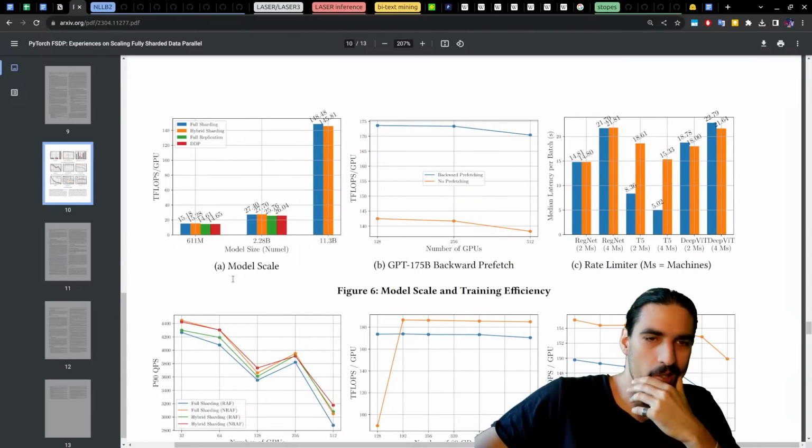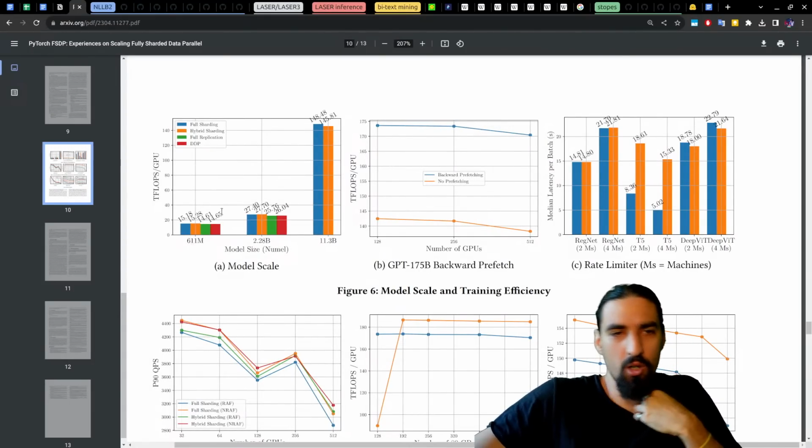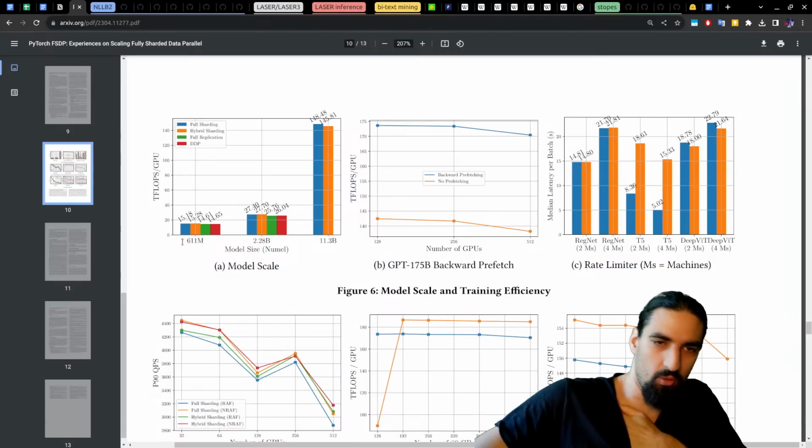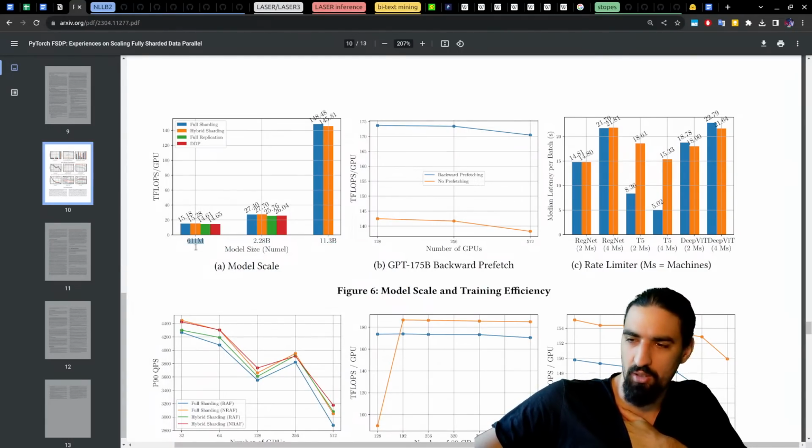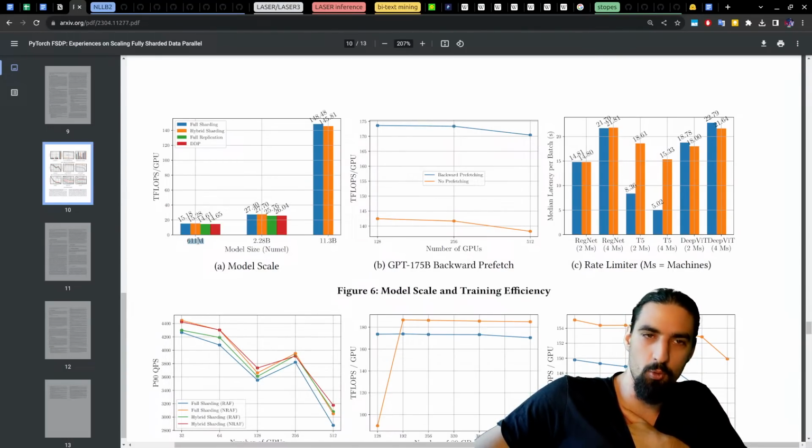So model scale. Here we can see we are operating roughly at this scale at the moment on my local machine, 615 million. We might be able to squeeze in even bigger models, but because I'm suspecting that we are using a data parallel degree of 2, we can reduce that to 1 and maybe do model sharding, and then we can end up with a slower but bigger model, or bigger batch sizes. We'll see. Full sharding, hybrid sharding, full replication, DDP. They're just contrasting these different approaches, and then